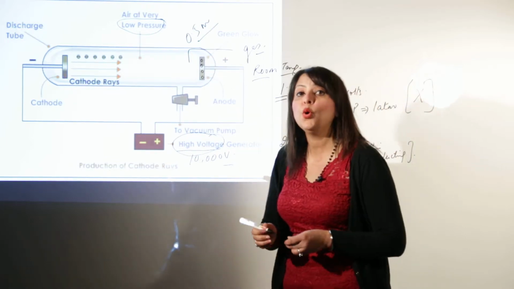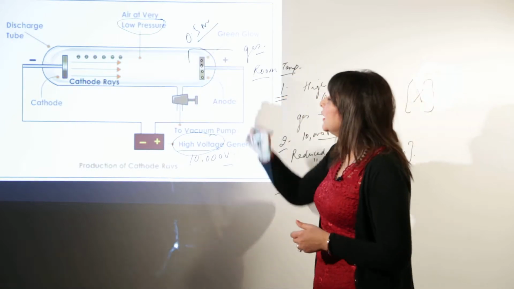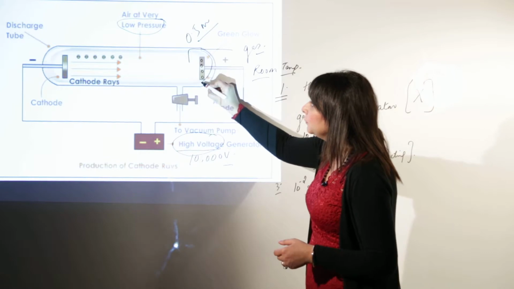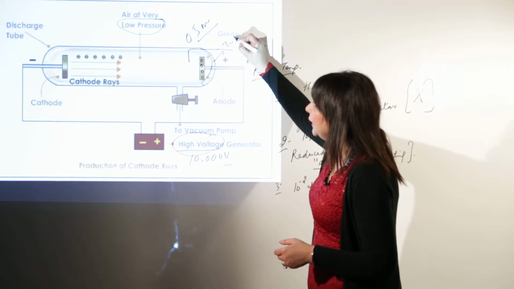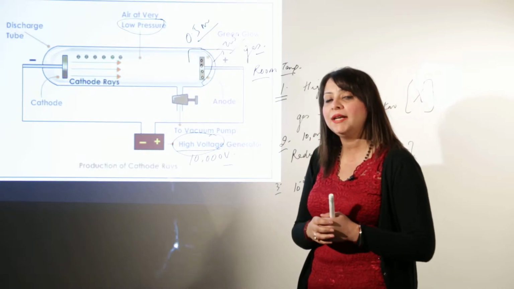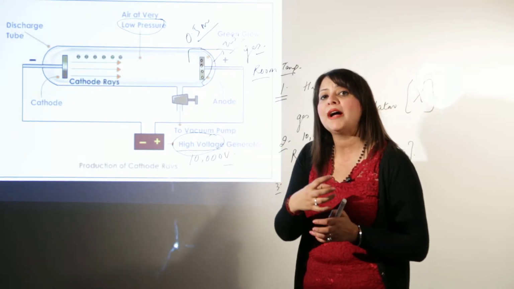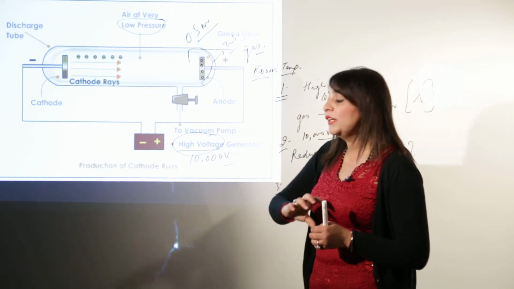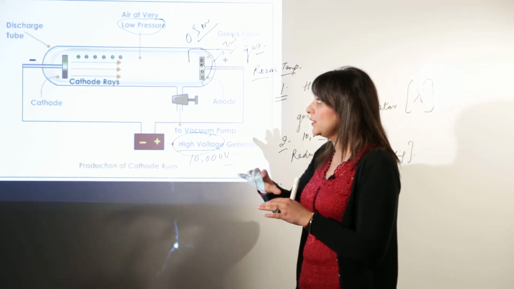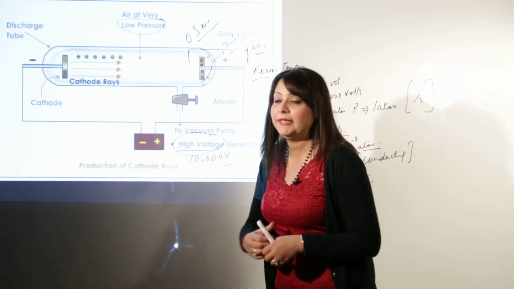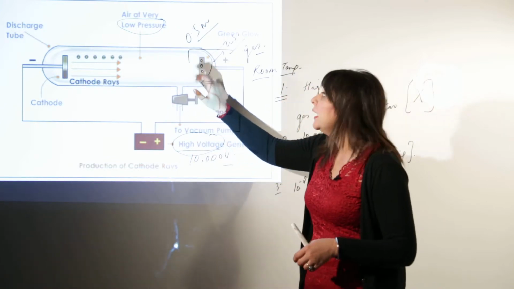He made the anode perforated. Perforated means there are holes in the anode, and he covered the back side of the anode with a fluorescent material, that is a zinc sulfide screen. As you all know, when any beam of particles strikes a fluorescent screen, it will produce a colorful pattern. So just for confirmation, he made the anode perforated,